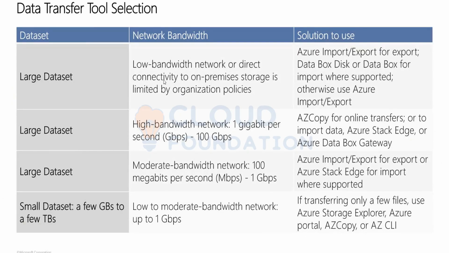When you are looking at large data sets and you have a good amount of network bandwidth, no issue. You can go ahead with site-to-site connectivity or ExpressRoute connectivity. That will help. But in cases where you have low network bandwidth, and you already have a lot of team members working on it, in those scenarios,